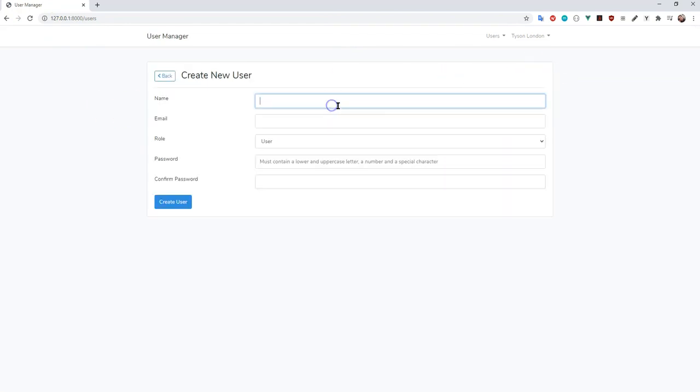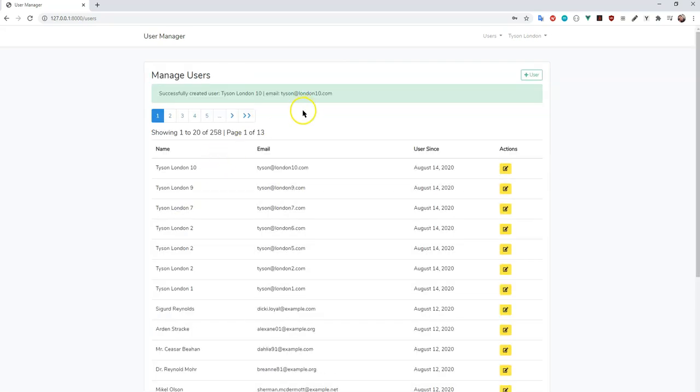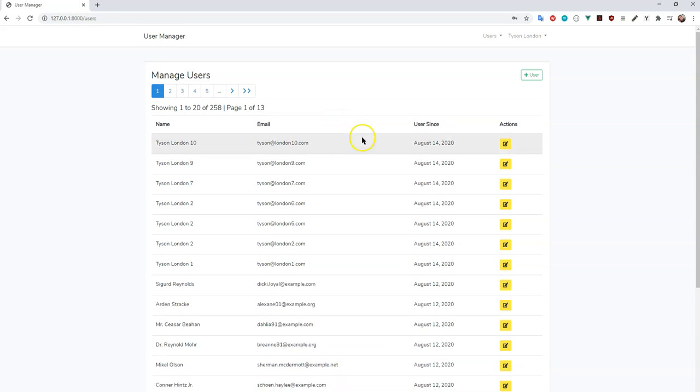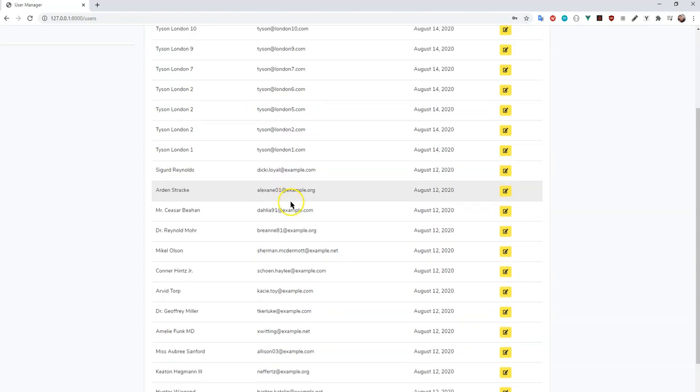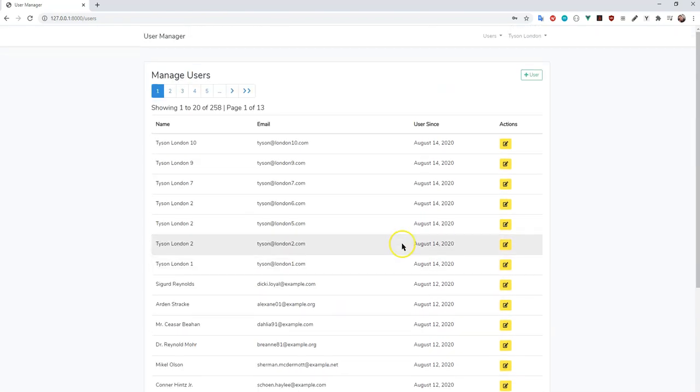So user, again, I'll just create some random users. So Tyson at london10.com. Okay, 1, 2, 3, 4, 5, and it's gone. Perfect. That's exactly what we want to see in there. So now that's been successfully rewritten for us. Now, one of the things I want to do is move on to actually how we delete